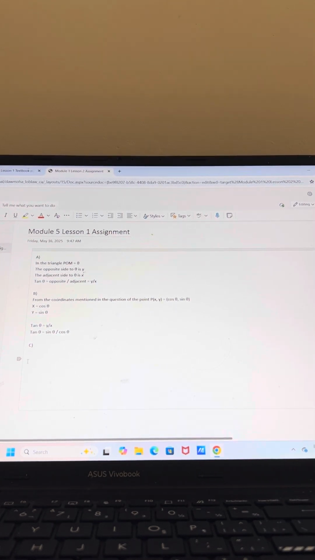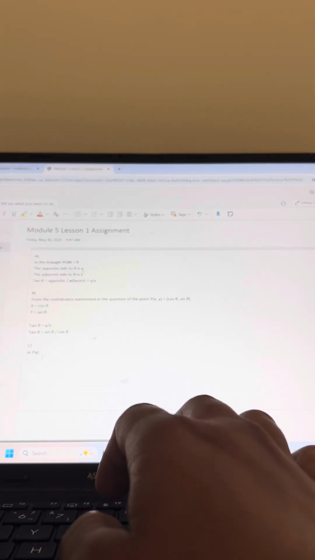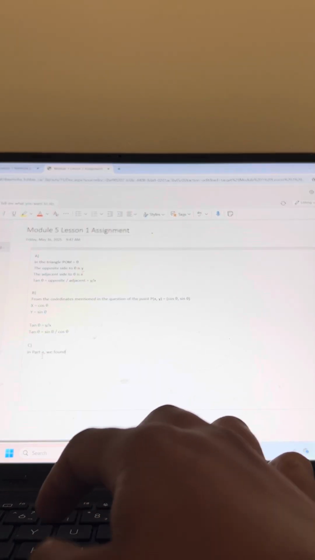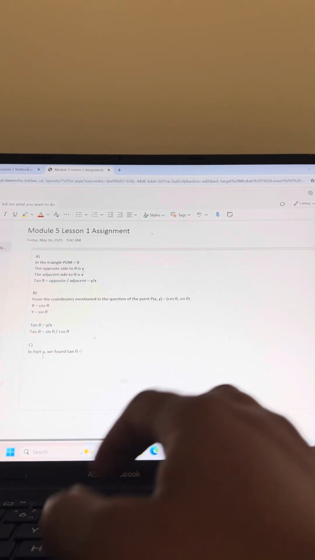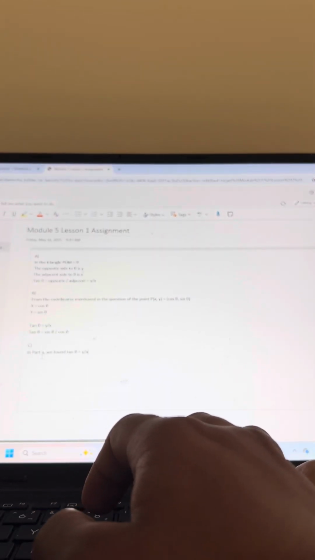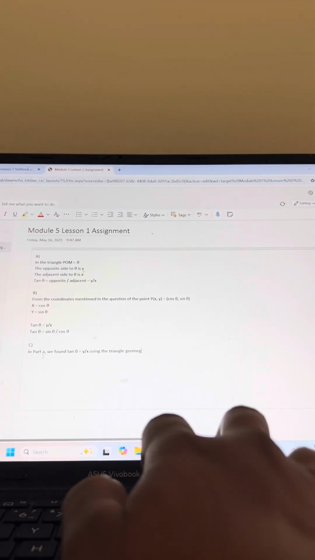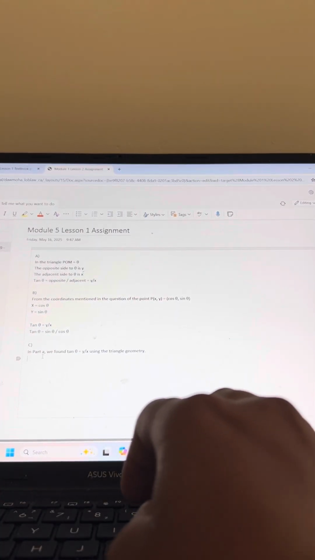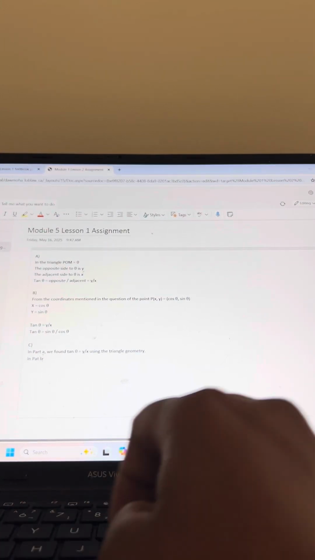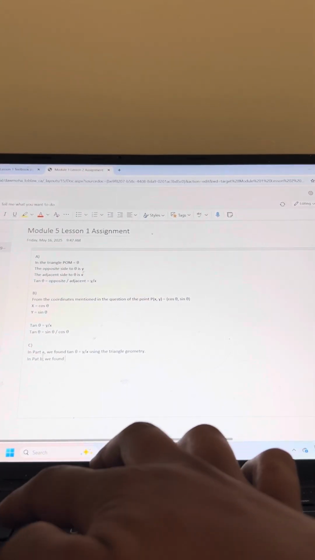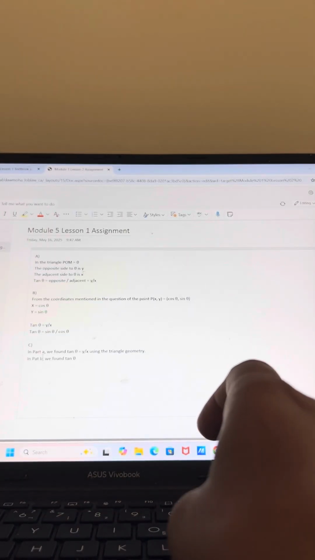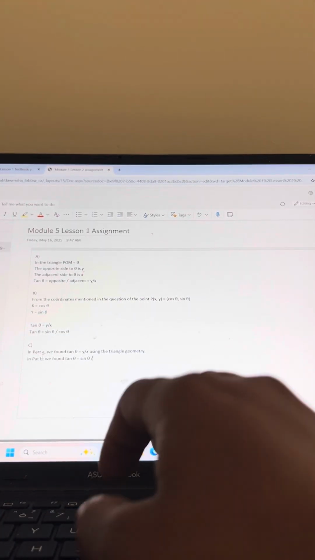Finally, in C, we have to explain part A and part B and how they're related. So in part A, we found tan theta is equal to y over x using the triangle geometry or common knowledge. And in part B, we found tan theta is equal to sine theta over cosine theta,